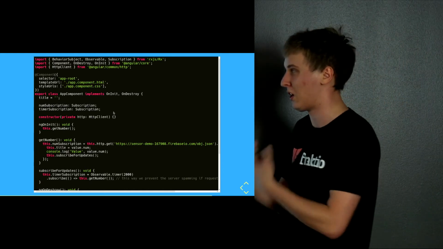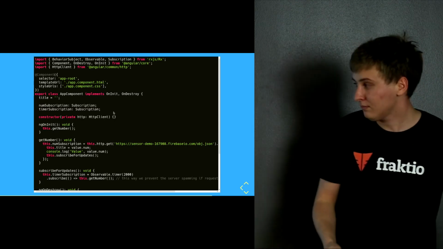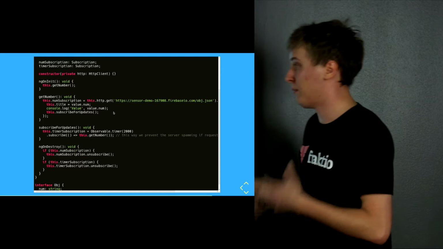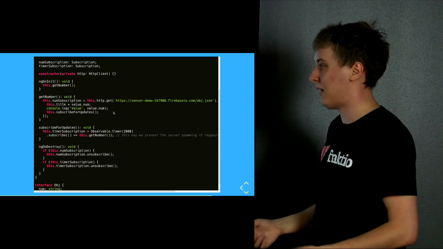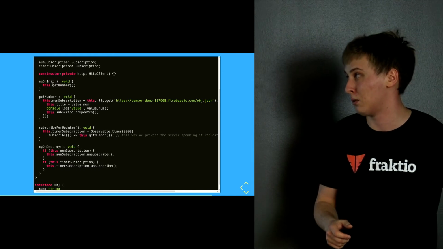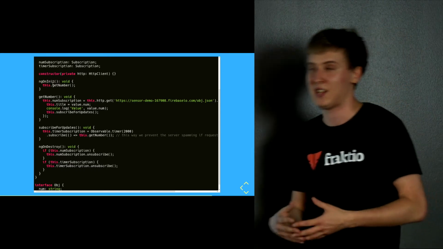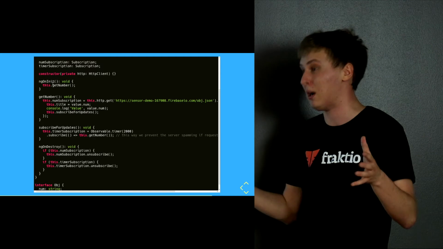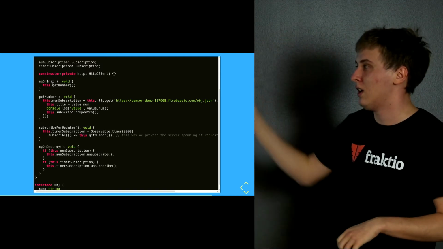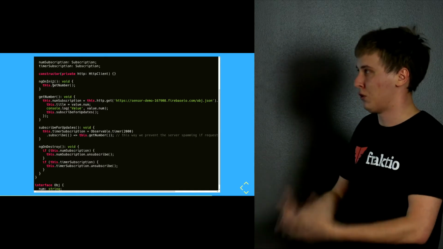So for example, here I have a simple file that fetches the JSON from Firebase, and it updates it on an observable timer. First of all, ngOnInit is basically the same as React's componentDidMount, roughly. Then you call the function, and it subscribes to the whole thing.